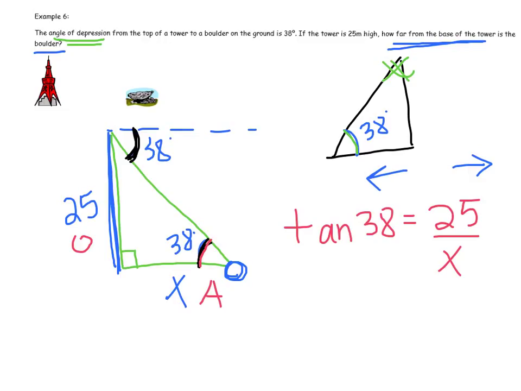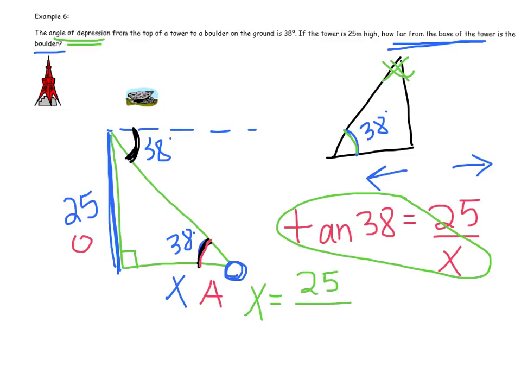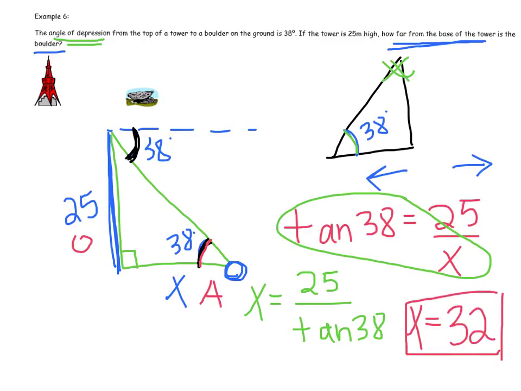And what that means is you're going to swap the places of x and tan 38. So it's going to look like this when you type in the calculator: 25 divided by tan 38. So you type in the calculator and see what you get. x should equal 32. Even if I round to the 10th place, the 100th place, it will always, in this case, round to 32 because it came out to be 31.9985. So that's just going to round all the way up to 32,